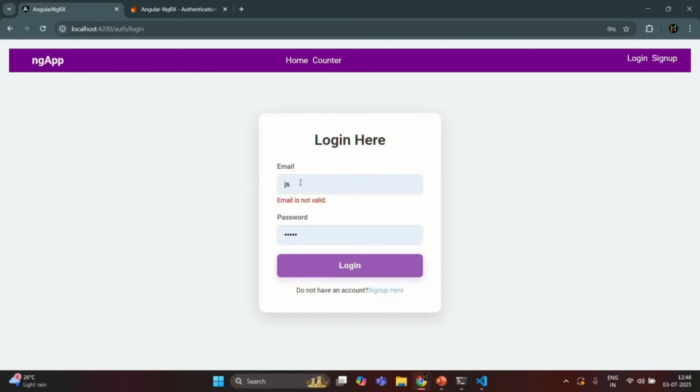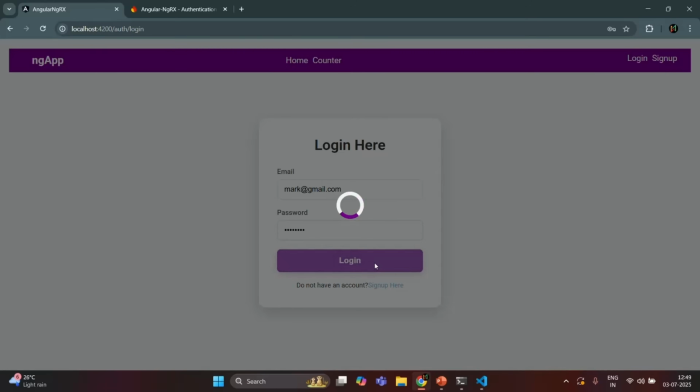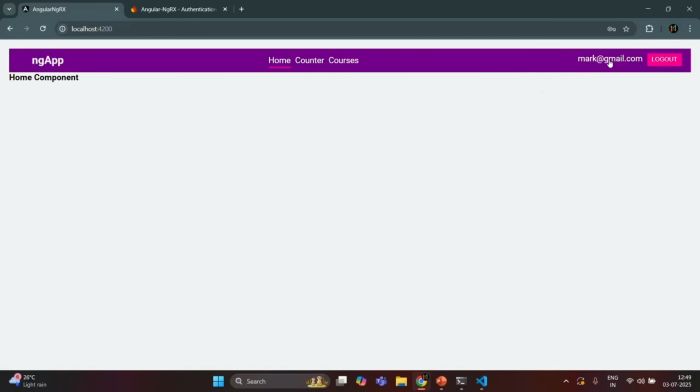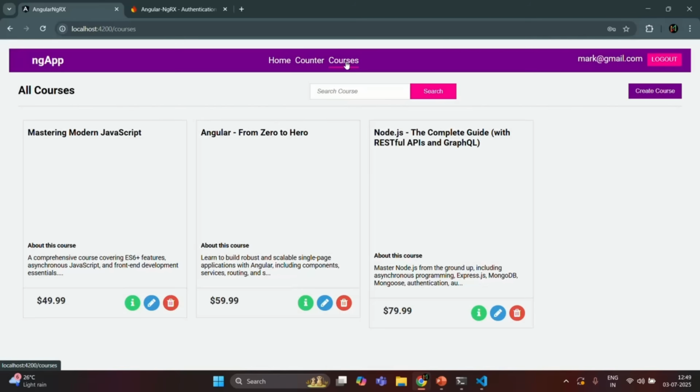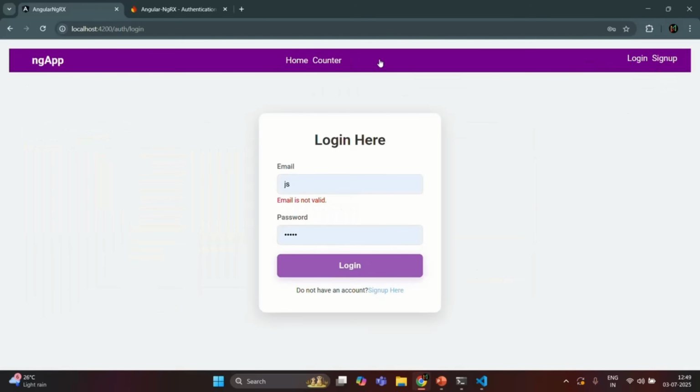But if a user logs in, so for example here, let me log in as mark@gmail.com, and for him the password is test1234. If I log in this user, the user is logged in, and since a user is logged in, this courses link is visible, and this logged in user can visit this courses link and he can see all the courses, and if he wants, he can create, update or delete a course. But if a user is not logged in, so if I log out from here, in that case, that courses